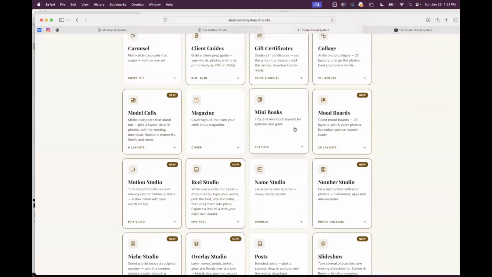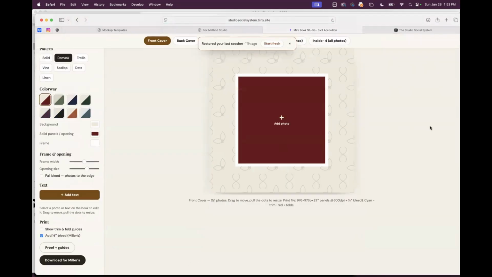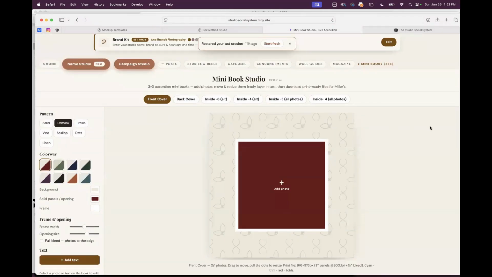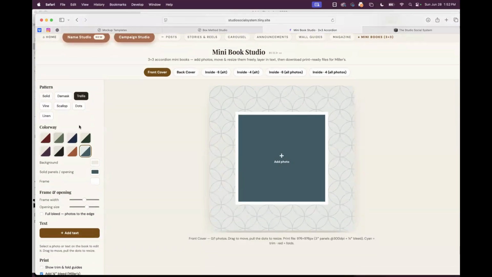My favorite is mini books because every client we have gets mini books. And I hated doing the Photoshop templates. They were driving me absolutely insane. This has the standard print guidelines. So this should work for really whatever lab you're doing because there is a set bleed that all print labs use. We've incorporated that in here. So you should not have any problems.